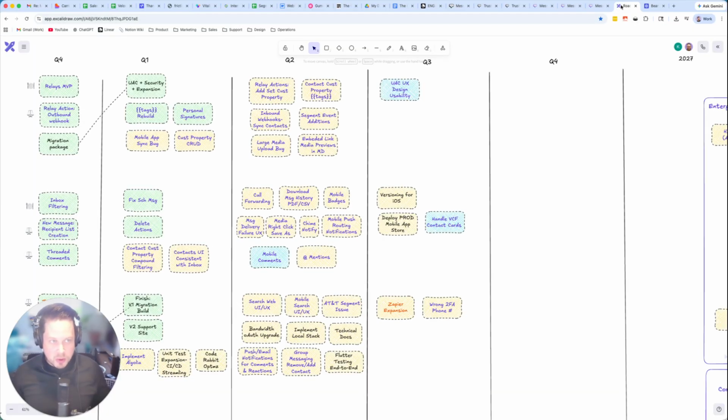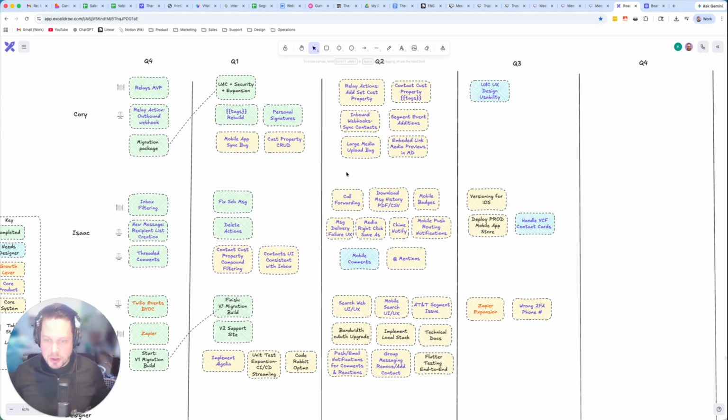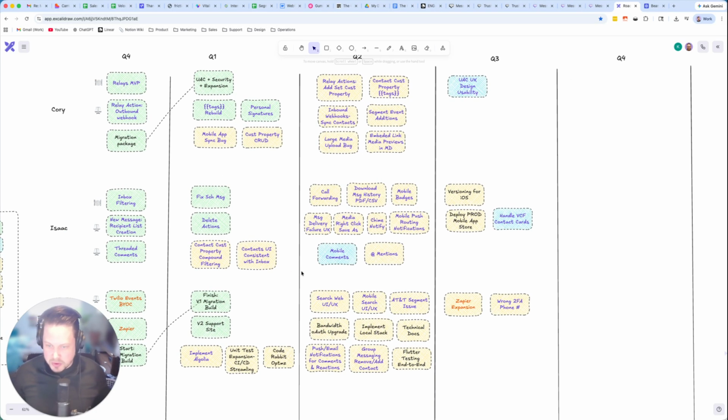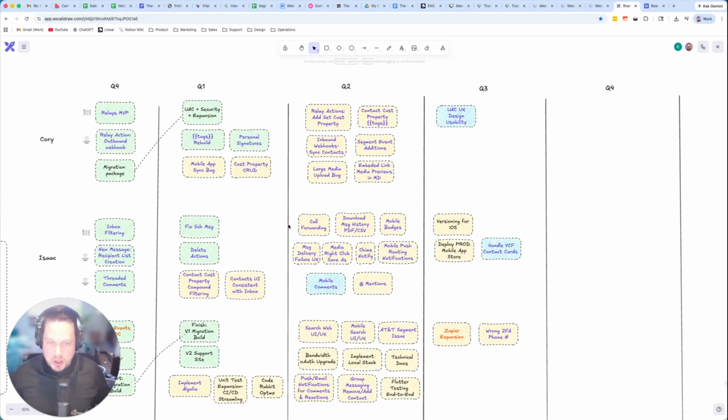There are, of course, other items on our roadmap here. This is something that we've been workshopping. Inside of the rest of this quarter here, obviously, we've got contacts improvements to search, but call forwarding, that is still coming down the pipeline. Being able to download message history, that's coming. More improvements to mobile in terms of mobile badges, mobile push notifications, notifications around like receiving an audible chime on your phone. That'll be coming soon too, as well as some other things like inbound webhooks, more relay actions, fixes